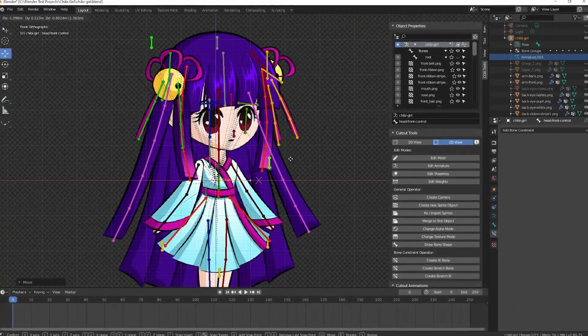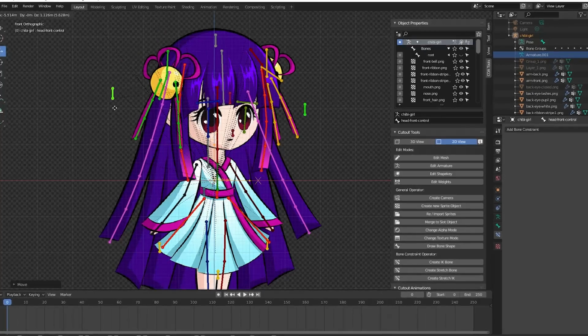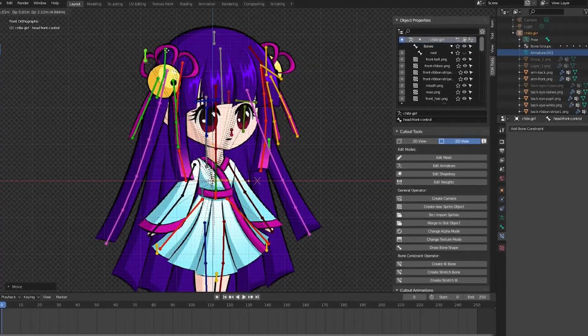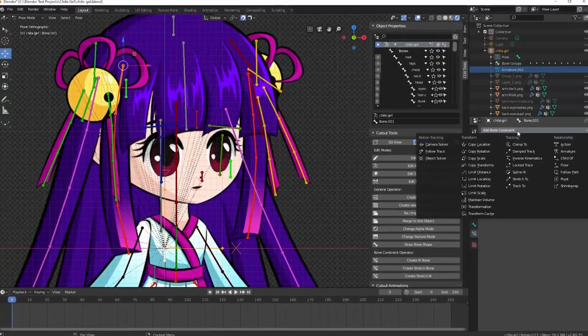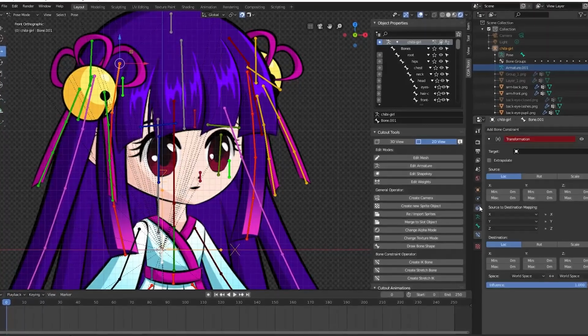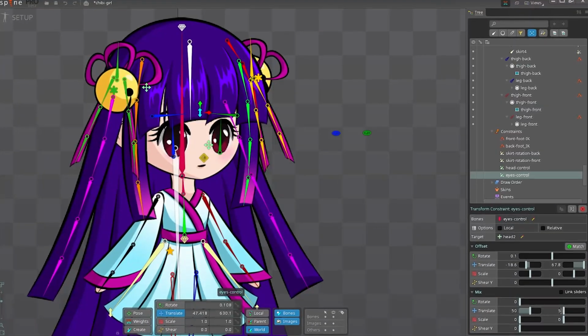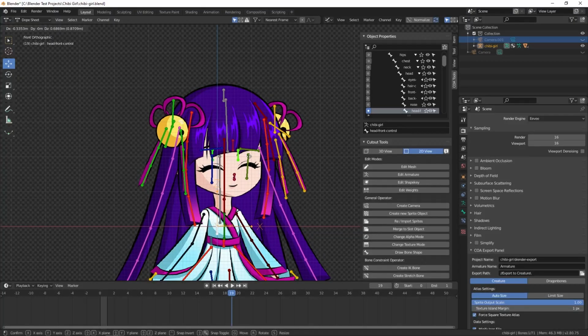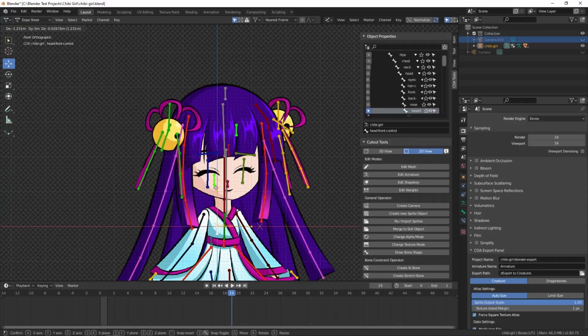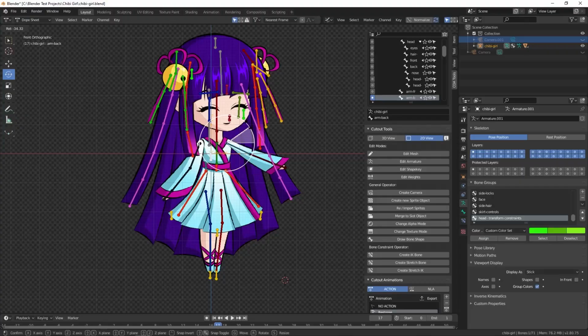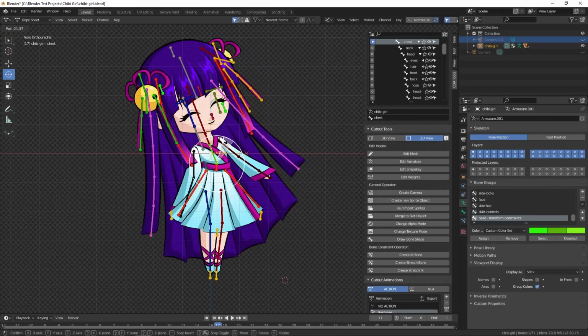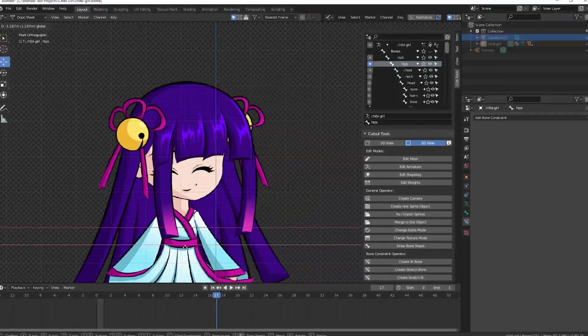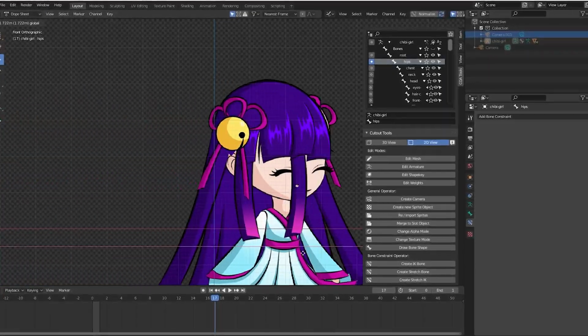There is a similar feature in Blender called Transformation Constraint, which is basically the same thing. It is not part of the CAWTools, but native to Blender. The logic behind the feature is similar to Spine, and I managed to get a nice looking head turn here as well. When I finally got to test the whole rig in action, I found a similar issue I had with the position constraints in Unity.